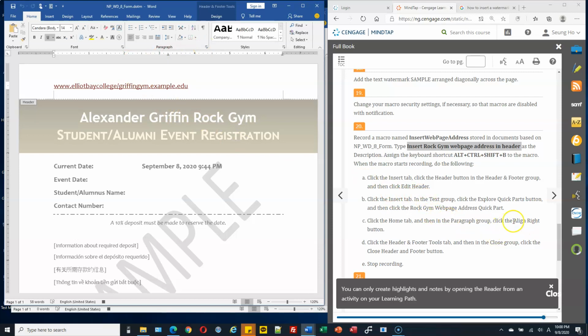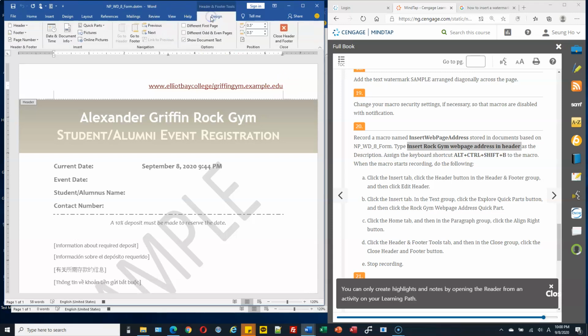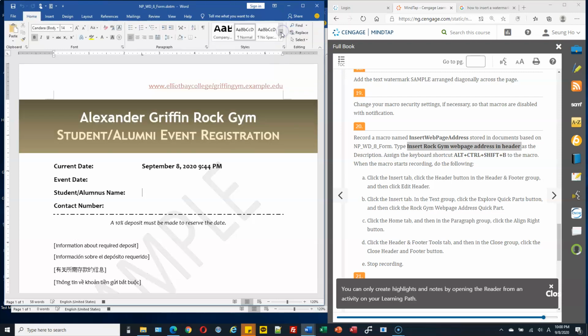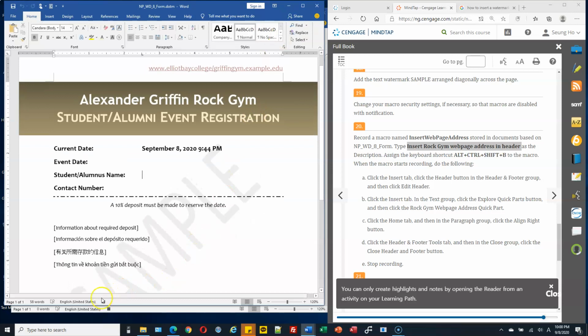Click the Right Align button. So this address is right aligned. And click the header, and then close it. And then stop macro recording.